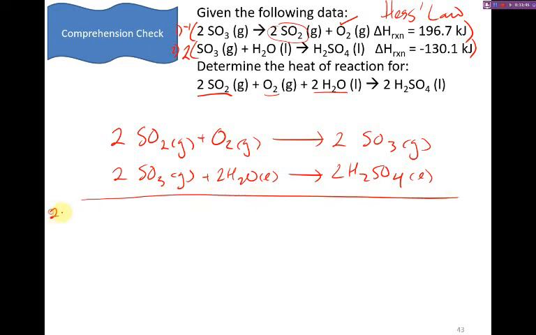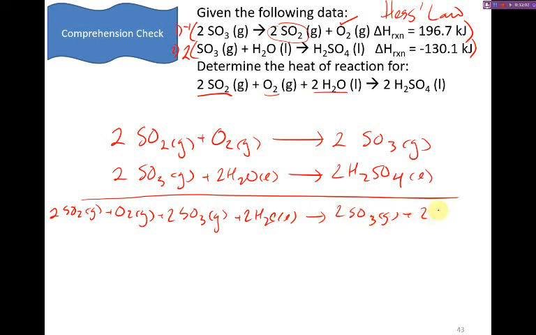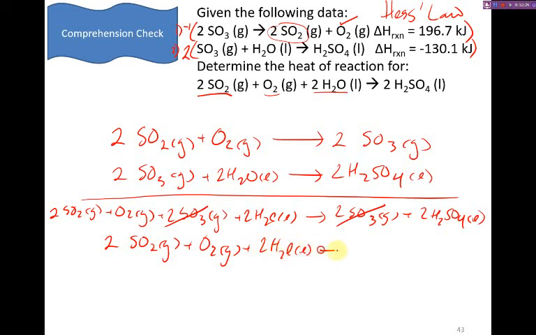If we add these together, we get 2 sulfur dioxide gas plus oxygen gas plus 2 sulfur trioxide gas plus 2 water liquid yields 2 sulfur trioxide gas plus 2 H2SO4 liquid. Cancel any like terms, which is we've got 2 sulfur trioxide gases, and then everything else follows through. If we rewrite that, we have 2 sulfur dioxide gas plus oxygen gas plus 2 liquid water yields 2